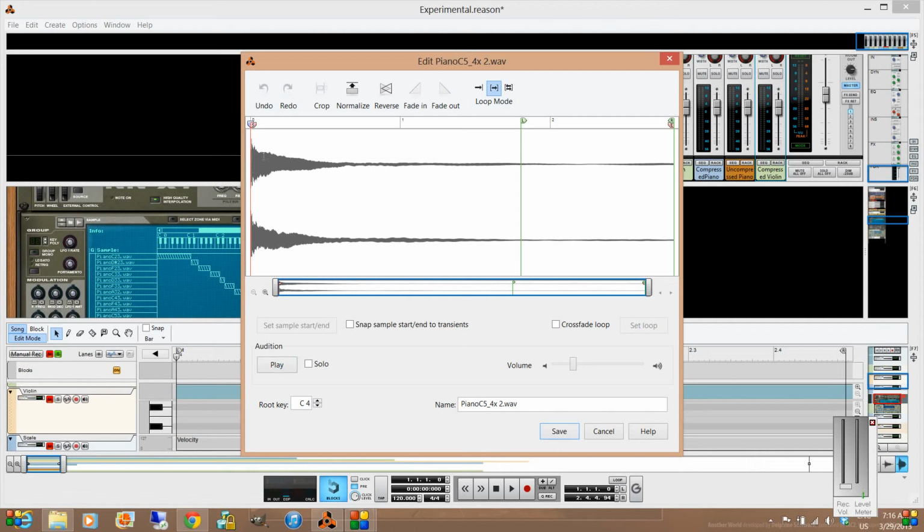Then there's a decay stage and a sustain stage, and they've looped the sustain so that it could sustain indefinitely if we held down the key indefinitely on the keyboard, which isn't necessarily what a real piano would do. The point is that they did not sample the release and instead have left that to the synthesizer to generate the release envelope. But it doesn't bother my ear that I don't hear that release when I suddenly stop the sample, because in this case the sustain is already such a low amplitude.